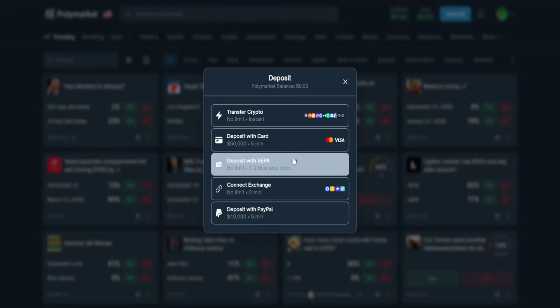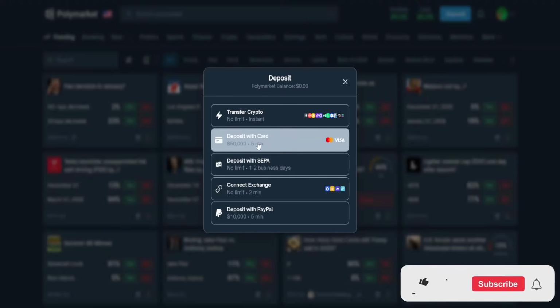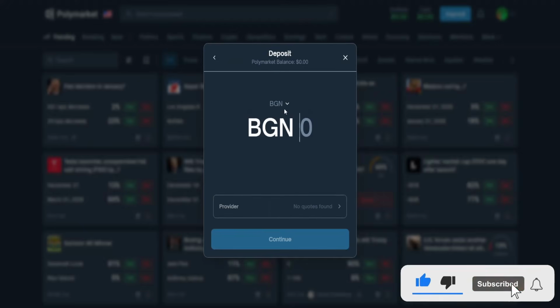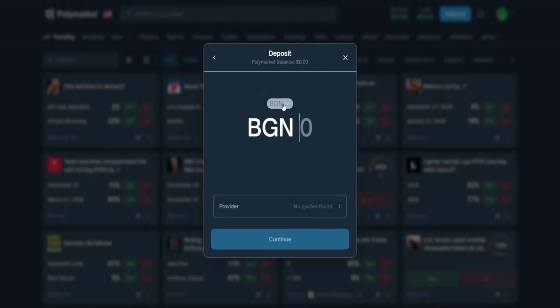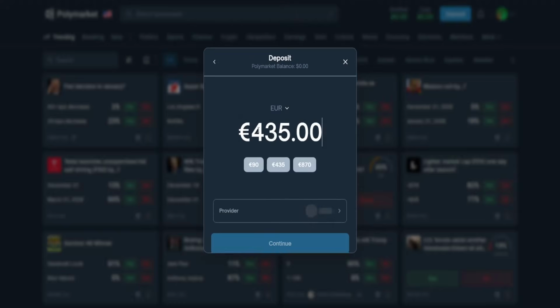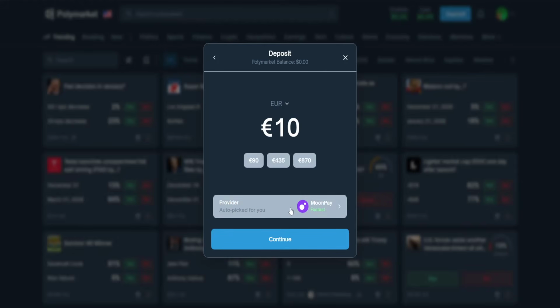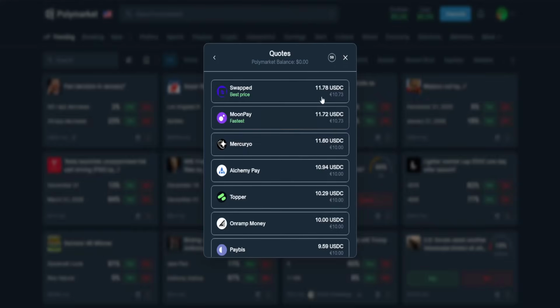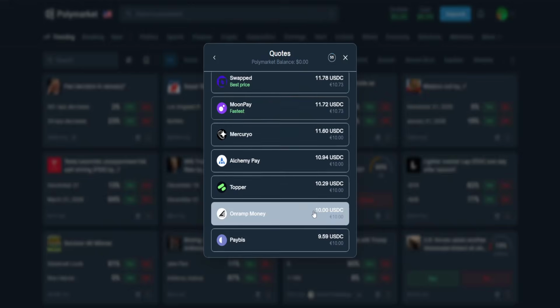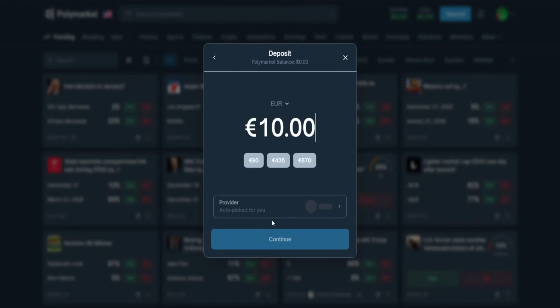So depending on your deposit method, let's say that we want to deposit with a card, we're just going to click on it. Then here you will need to choose your currency and also the amount which you want to deposit. So for example, I'm just going to do 10 euro, and here you can choose which provider you use. If they have different taxes, here it's going to show you and display the different taxes. So I'm just going to leave it as it is, give it some time here to load,